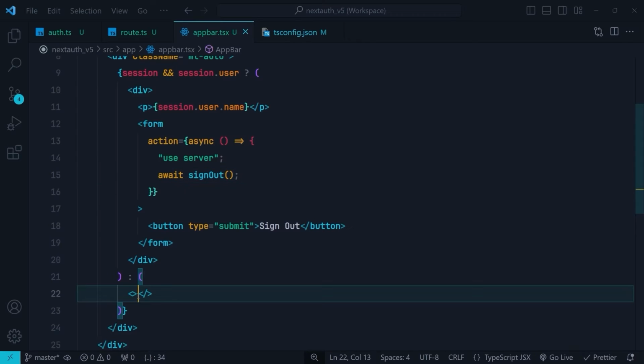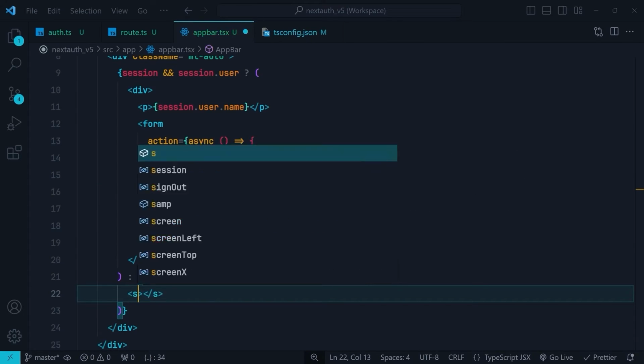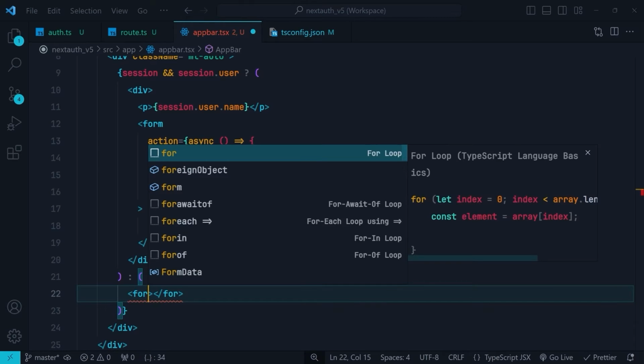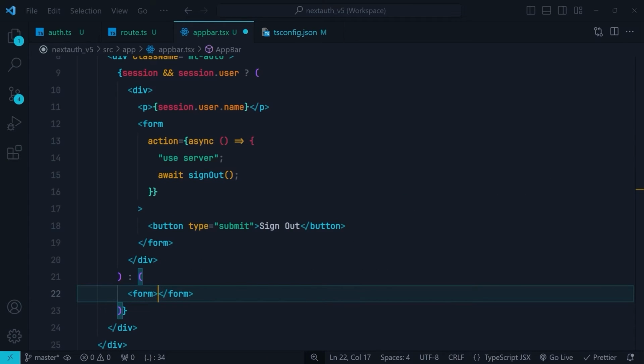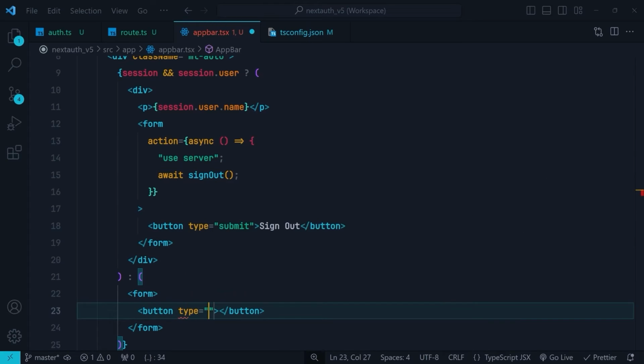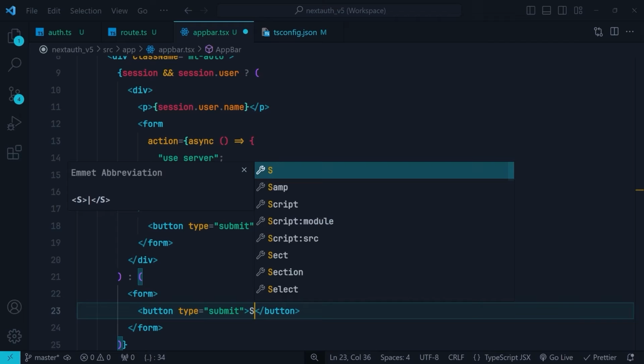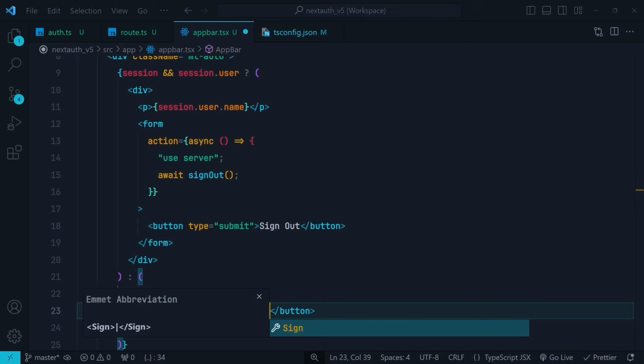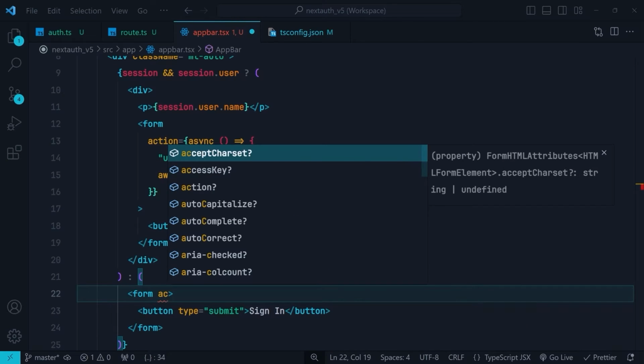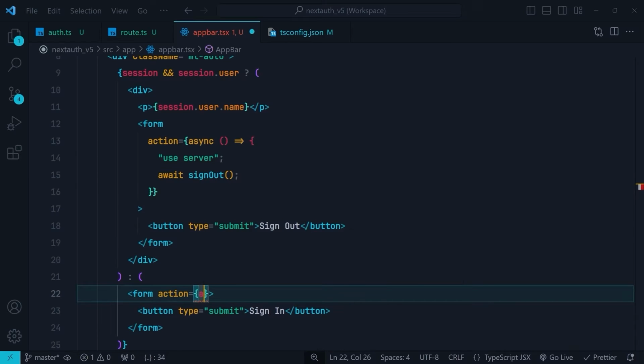So in this way, here we need to render a sign in button. So here in the second case, which is when the user is unauthenticated, again render a form here, and inside it we're going to render a button again and set its type to submit. Okay, and let's set the caption to sign in, and then here we set the action event to an async